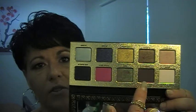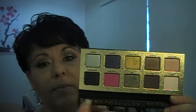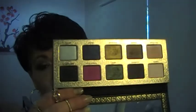So if you like natural colours but you're looking for something that only has a couple of colours that pop, I would say this isn't a bad palette to get. But again, it's a high-end palette, let's be real. But the size of the shadows is great, and I really like it. I really do. So just to zoom in, because this video has gone on longer than I wished it to,